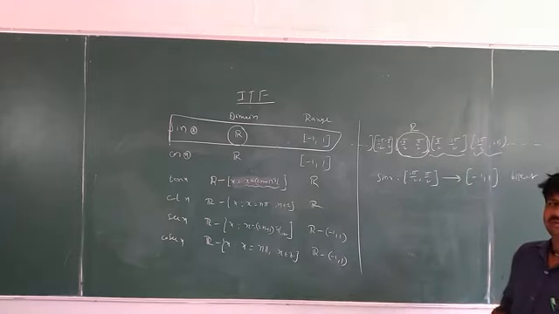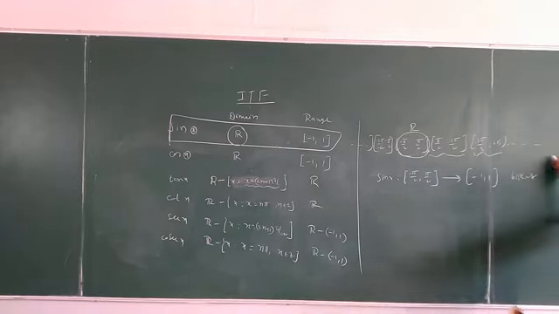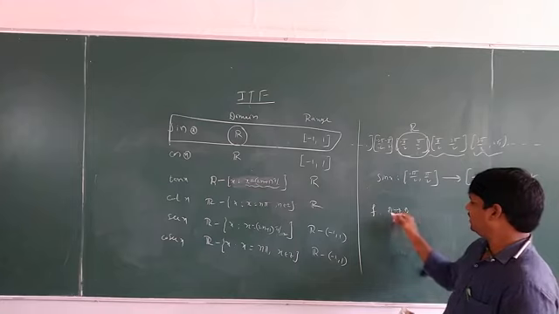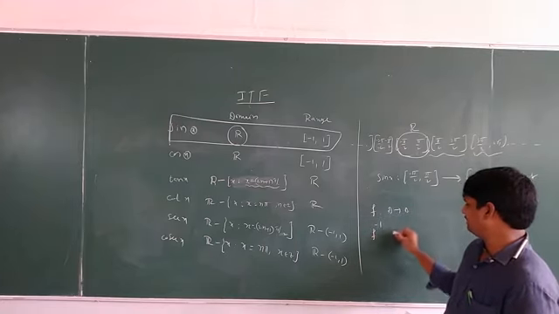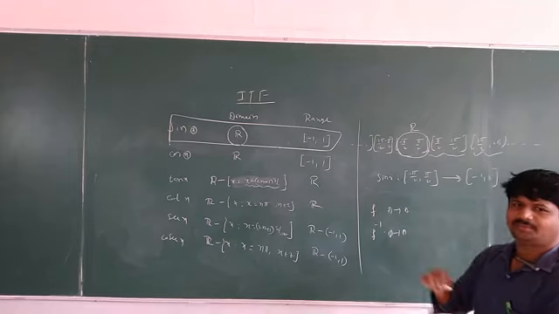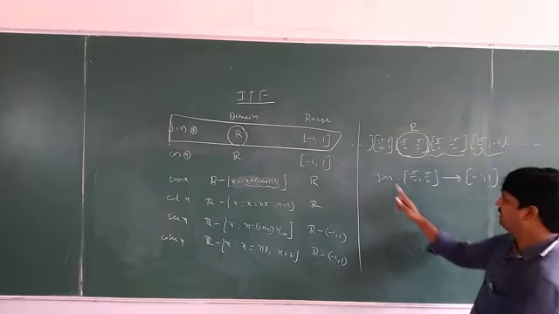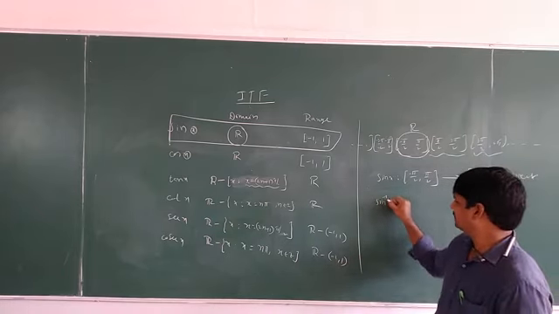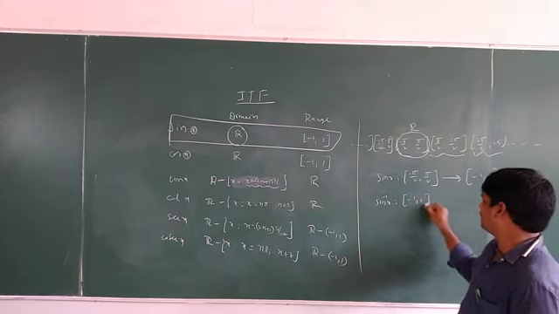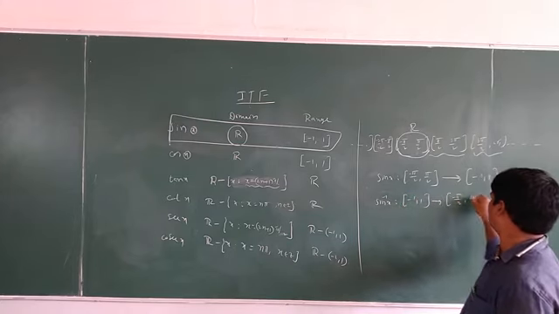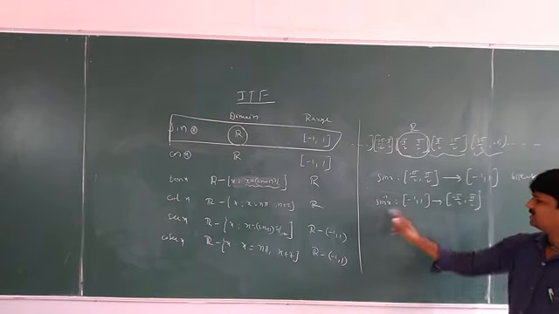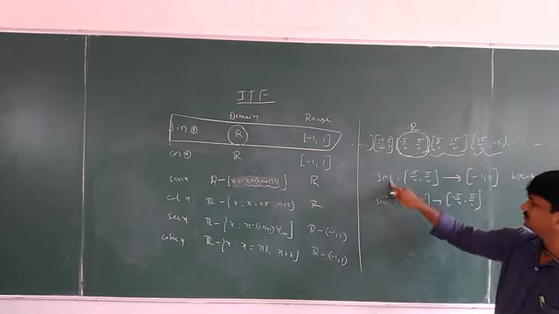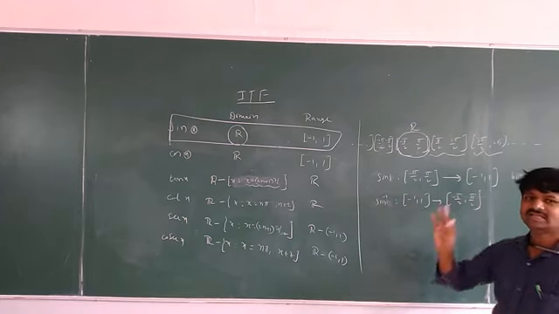Then what can we define now? Can I define the inverse or not? See, suppose f is a function from A to B. Then what is the inverse of this function? F inverse is from B to A. That much is the reverse. Right? So the same way here also. Sin is from this interval. Next, what about sin inverse? Sin inverse x is from closed minus 1, 1 to closed minus pi by 2, pi by 2. It is the inverse of the sin function.